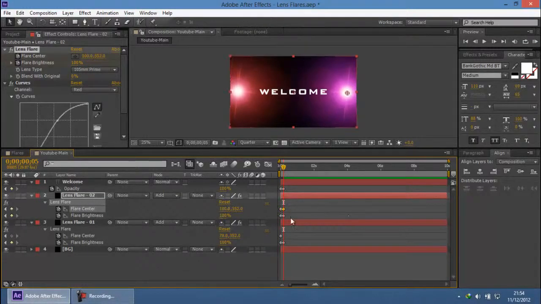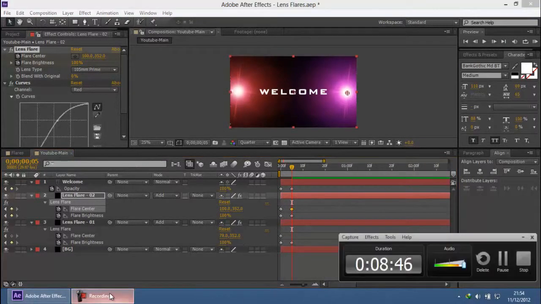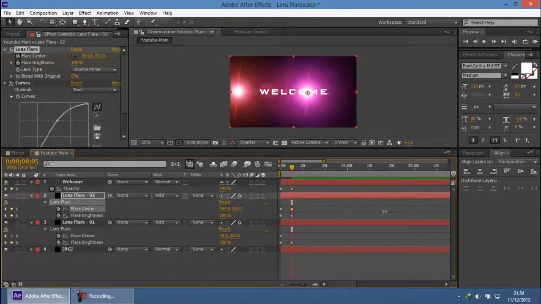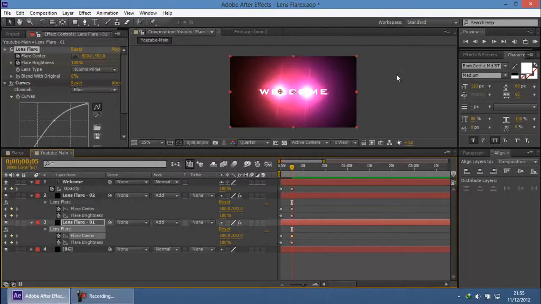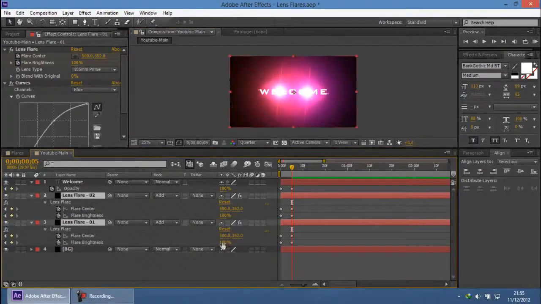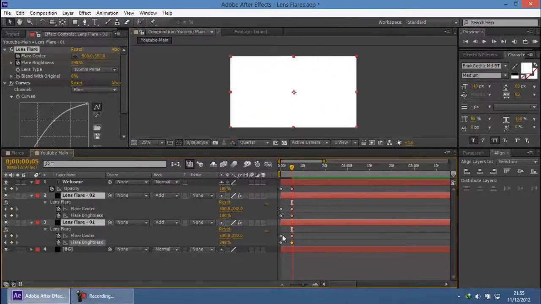And make sure that you're not on the first keyframe. A lot of beginners do this, that they mess up the keyframe timing. So make sure you're not on the first keyframe, and then just try to center the lens flare. And now you have got a perfect value of 500. You can just input 500 over here, and the second lens flare also comes really close to the first one. Then you can increase the brightness like this,